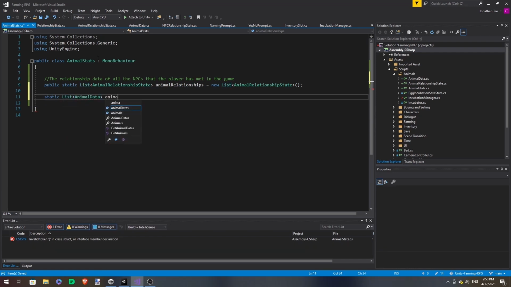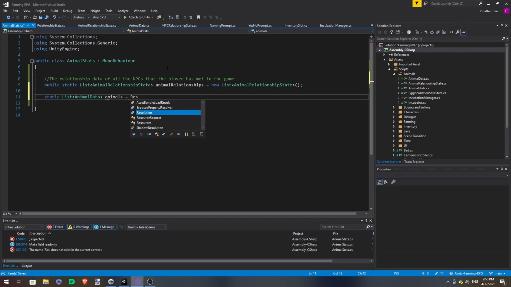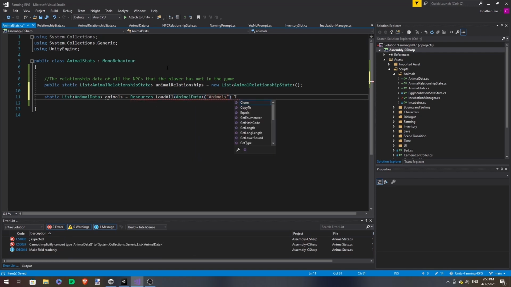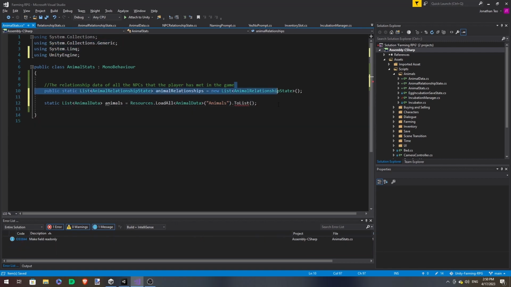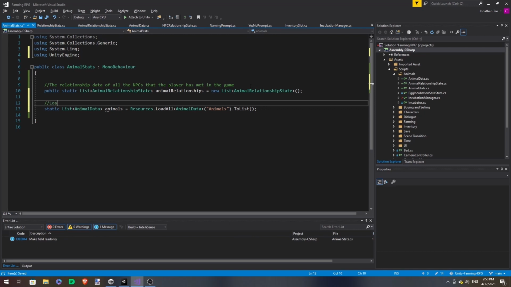Since we put all our animal data in the resources folder, we can do Resources.LoadAll of type AnimalData in our animals folder. And then we list it using System.Linq. Should do it.